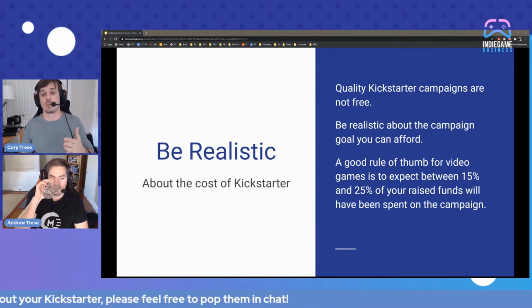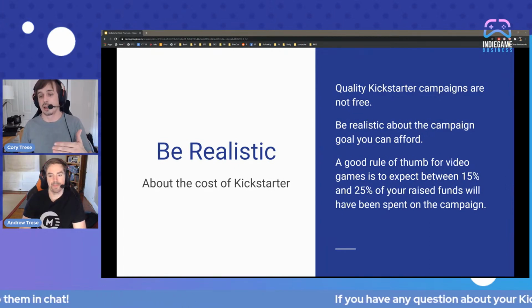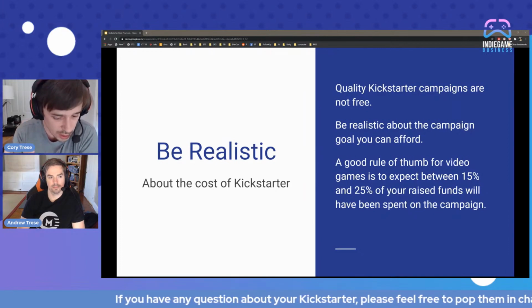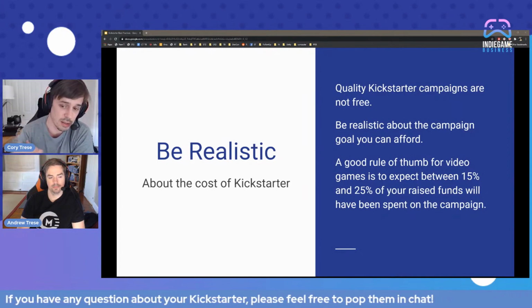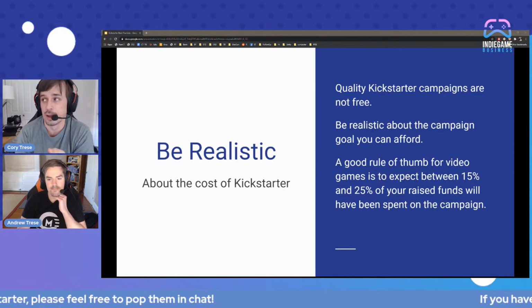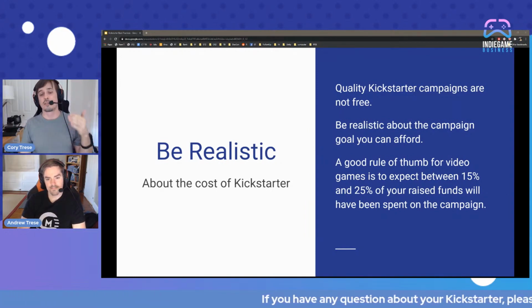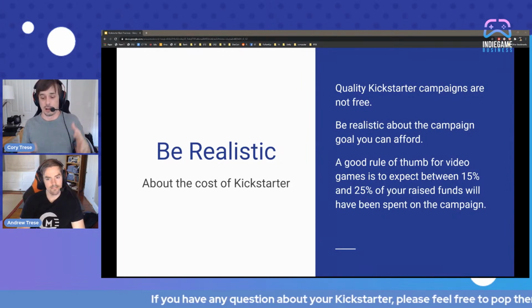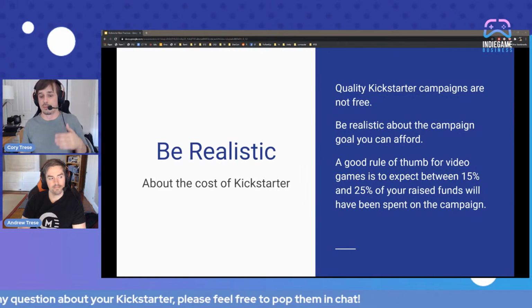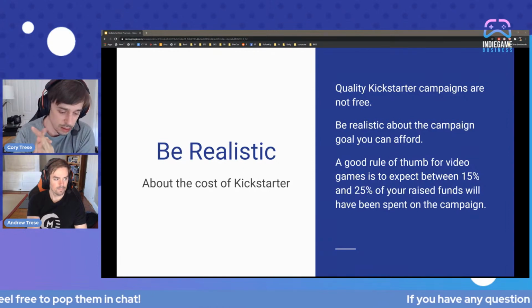A substantial amount of money was spent before the campaign was launched to make it look that way, to make it so beautiful and polished. And as a campaign creator, you have to be realistic about what you can afford to invest and what your funding level is, and how they match up. You also have to be realistic about the cost of the campaign as a whole, and about the cost of each reward. You have to really think about how much each reward is really going to cost you.